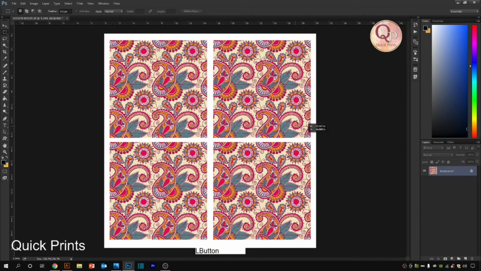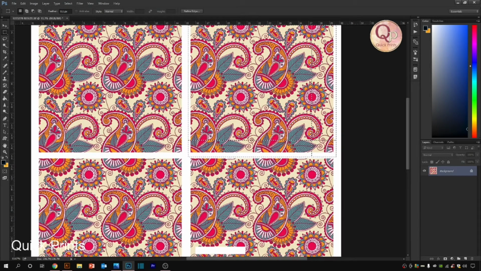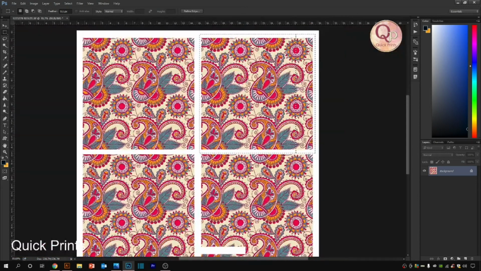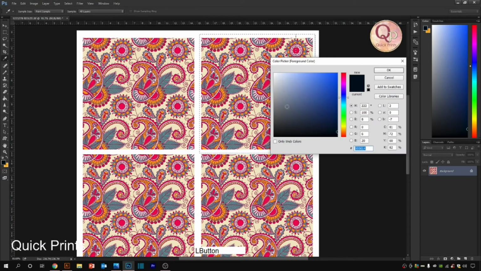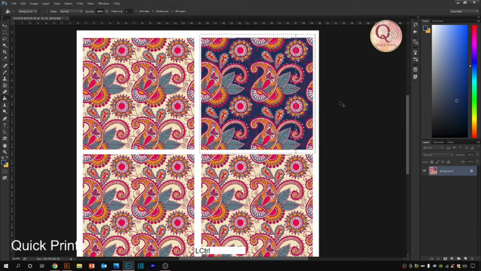Firstly, I'm selecting this. Whatever I do in the next command will happen only inside of this selection. So just understand the selection is a very important part of graphic or print design. I have selected this part, and whatever I am going to do will happen in this part only. So I'm just making a new colorway, just a random colorway according to my understanding.